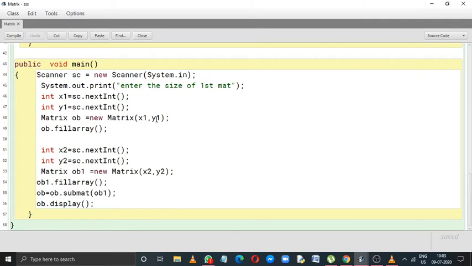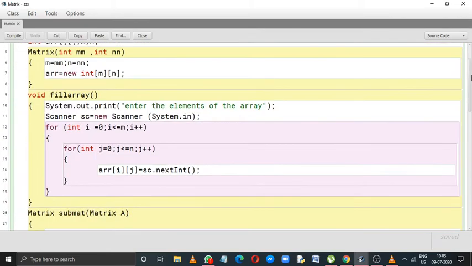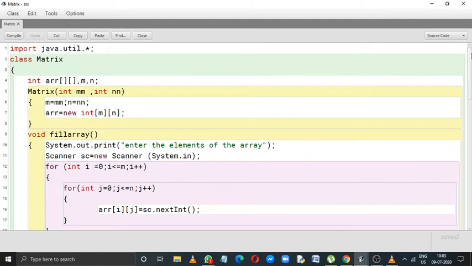As all of you know, whenever we create an object, the constructor of the class will be called automatically by the compiler. And since we have passed some variables in the object, that means a parameterized constructor, if present, is going to be called. Now let us see, there is a constructor available, called Matrix.